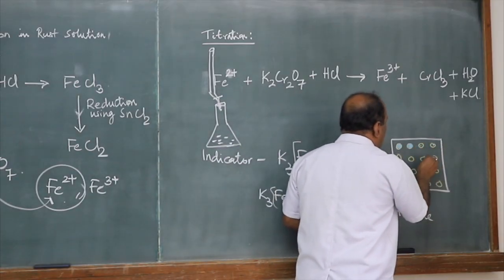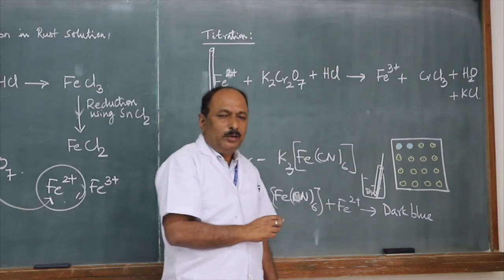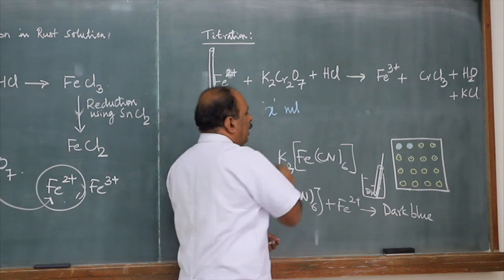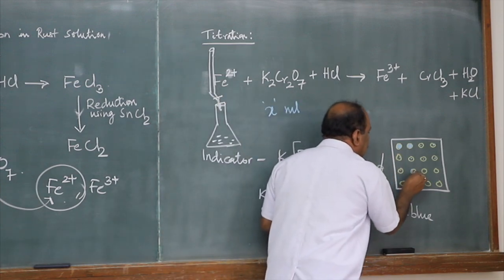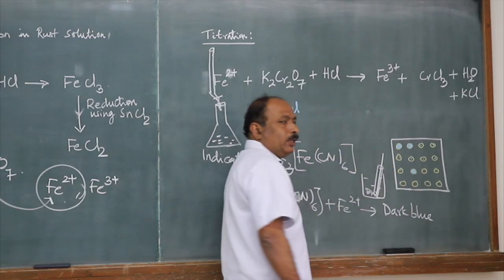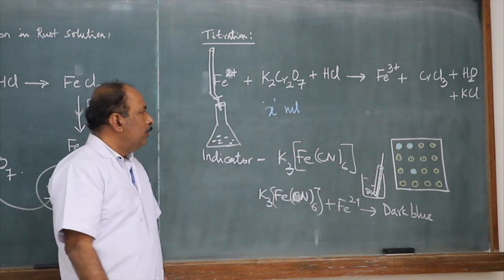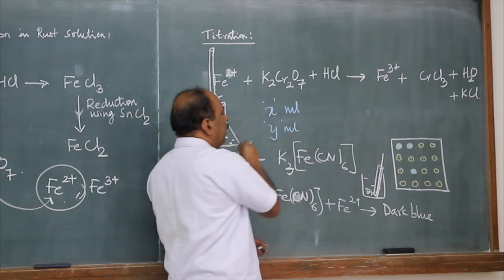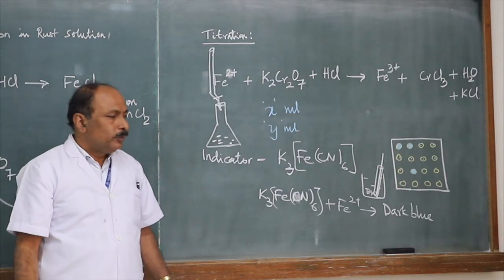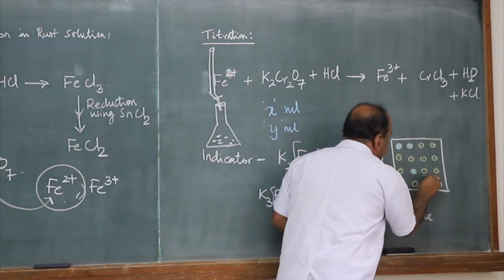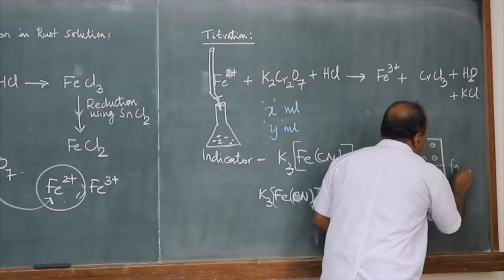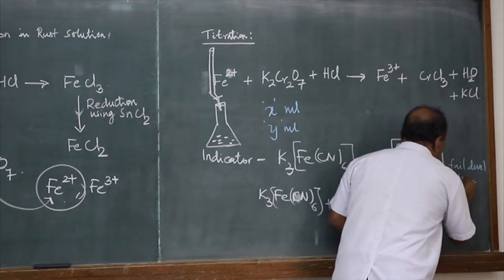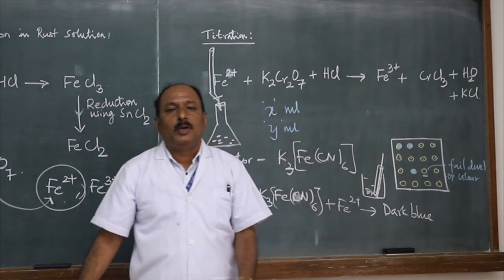You will notice that as you go on doing that, you will find a stage when you add some volume, say X, when the burette reading is X ml, and we are testing the droplet for the color change. It develops color. That means you have not reached the end point. Then you add the next installment of 1 ml, when the burette reading may be Y ml. Then, if you check the tested droplet, it fails to develop color, indicating that the reaction is complete.